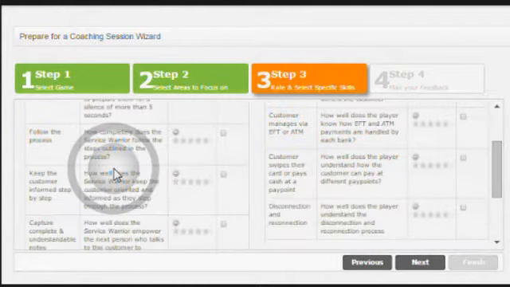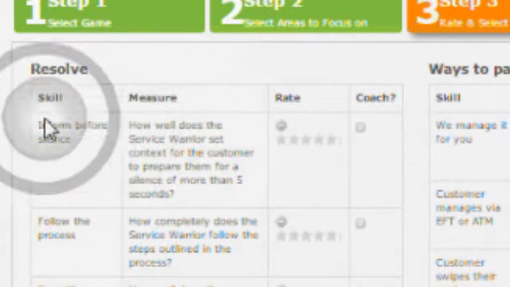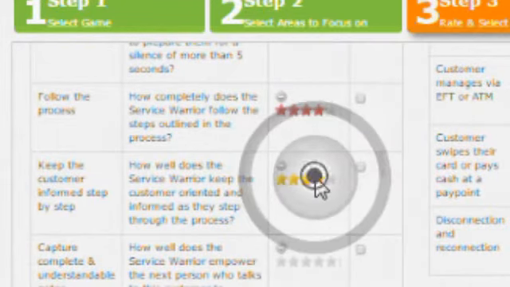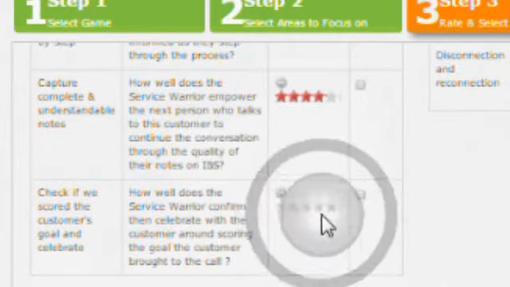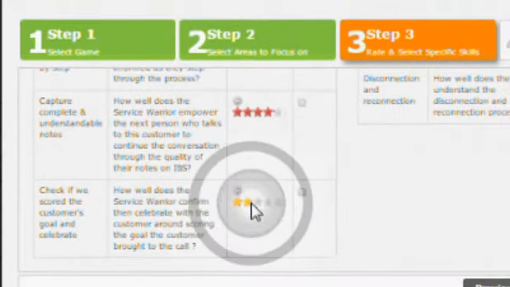So you can see that there's a number of skills that make up this performance area called resolve. We see that informing before silence is doing a good job of that, following the process, and so on. Doing a good job of all these things. The place that we observed Tekelo struggling is checking if we'd scored the customer's goal and celebrating that.